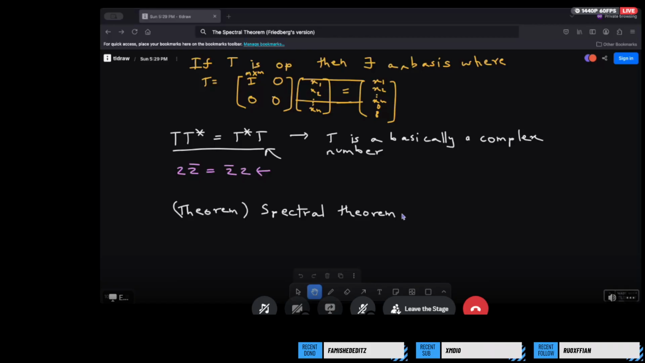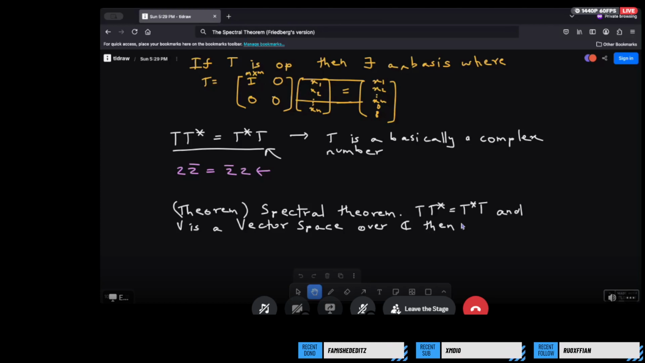So what it says is that if T is normal, that is, T commutes with its adjoint, and everywhere our field of scalars is going to be the complex numbers, and V is a vector space over the complex numbers. Oh my God, my handwriting's terrible. Then